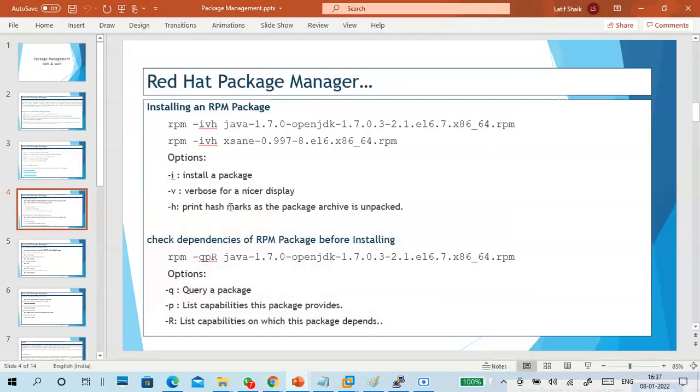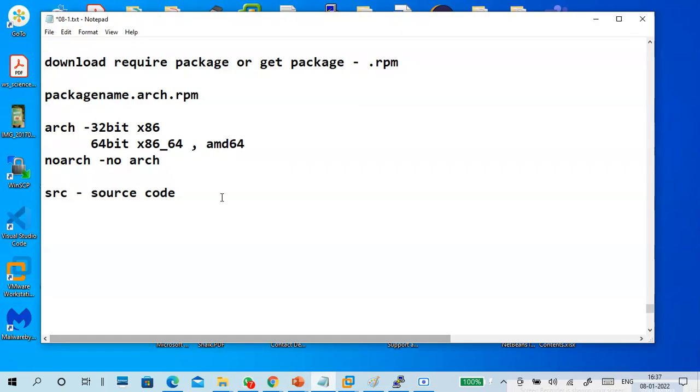So that is compulsory. Check it. See, it's a 64 bit. What is EL6 and EL7? When you see a package, it will say EL6 or EL7 like that.